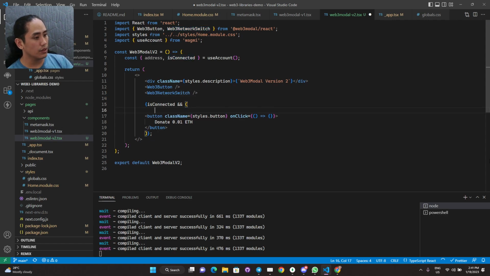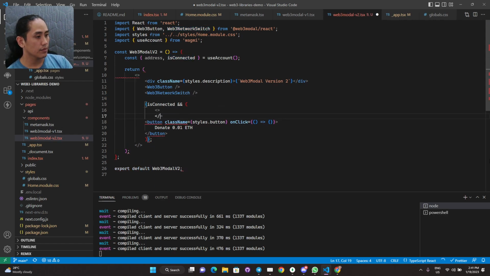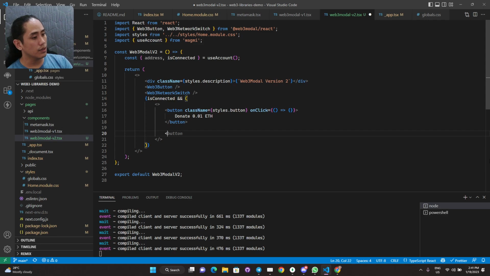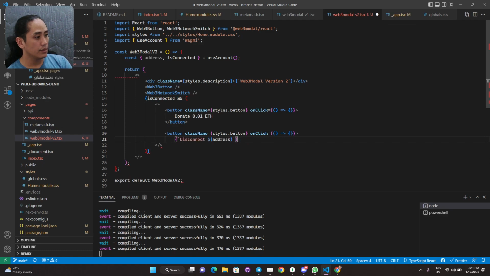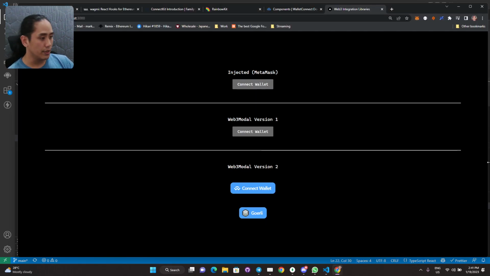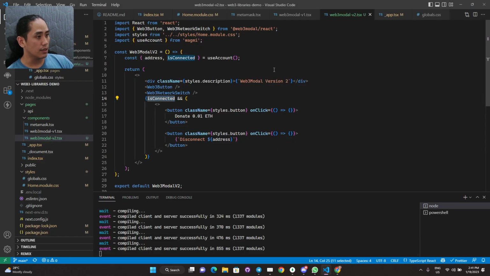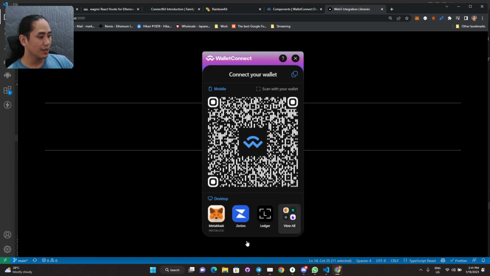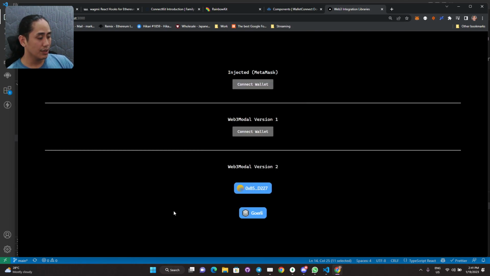All right, let's do that. And then, what is this? Let's add another button. And then disconnect address. That sounds very good. So now it doesn't show up because we are not connected. I'll show you how cool this actually works in practice. And I'm gonna connect with MetaMask,